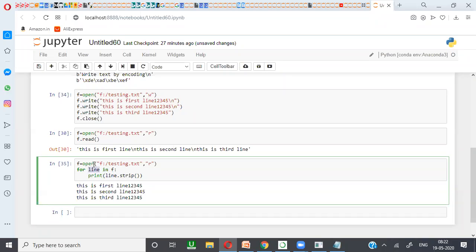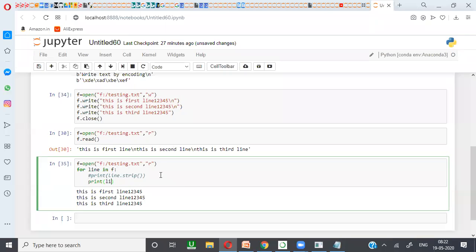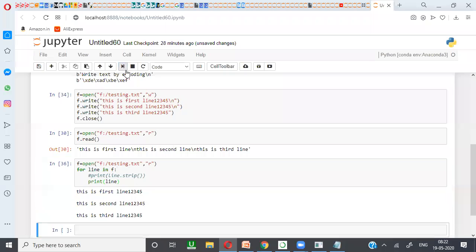When I applied f equal to open testing.txt in reading mode, for line in f, it is taking one line into the line variable. There I applied line.strip. If I didn't apply line.strip, we'll check what is happening. It is having blank spaces.